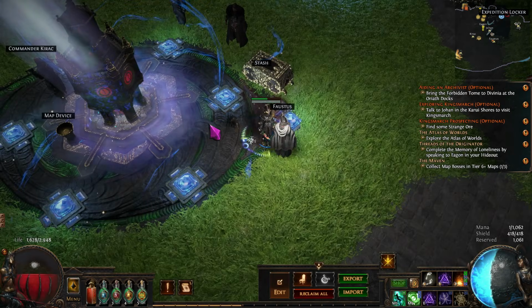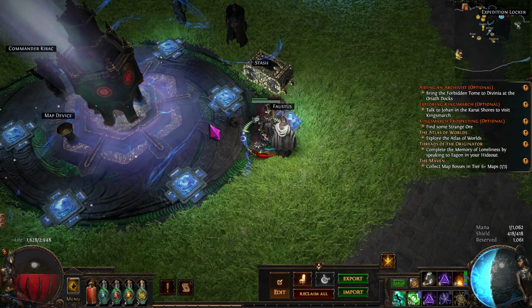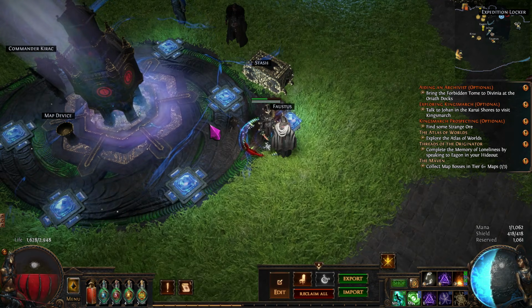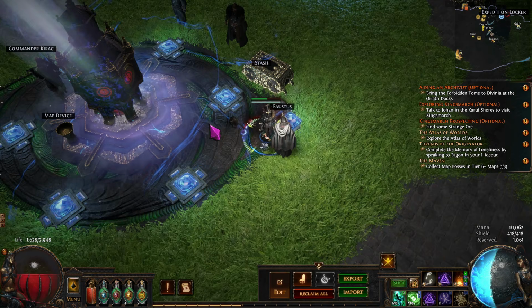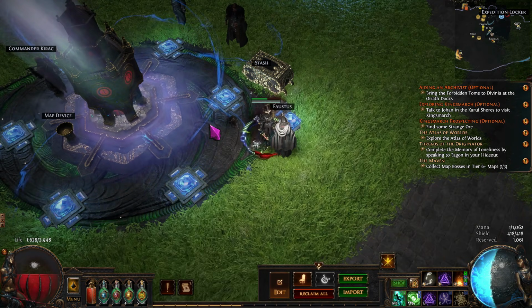Alright, let's talk about the build that I have been playing. First off, I leveled this build as Armor Brand Cremation. I used Maxwell's guide that Havoc made and leveled all the way through the campaign. It was super smooth leveling. But the build we're playing